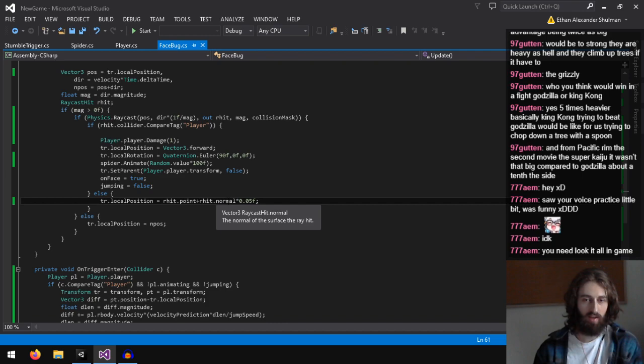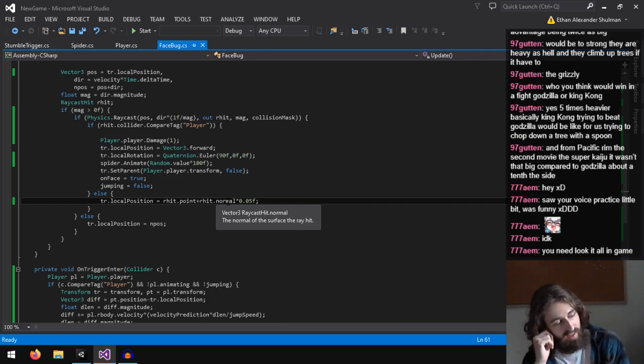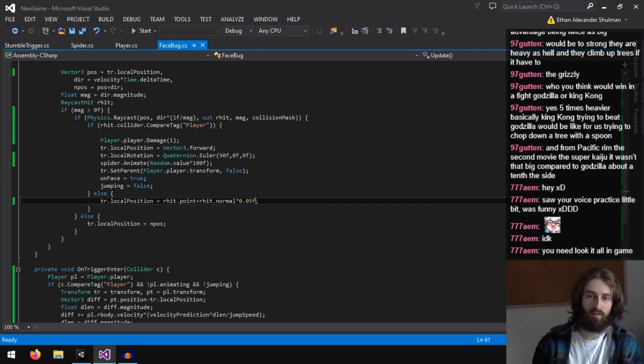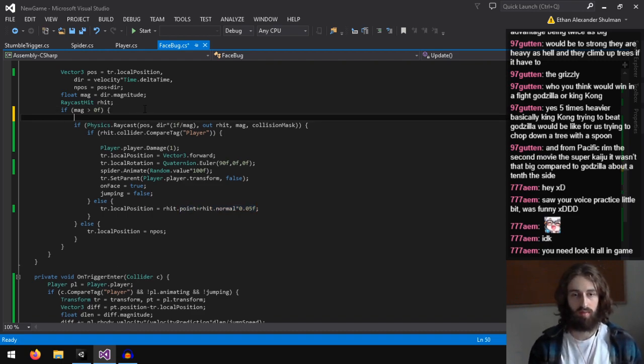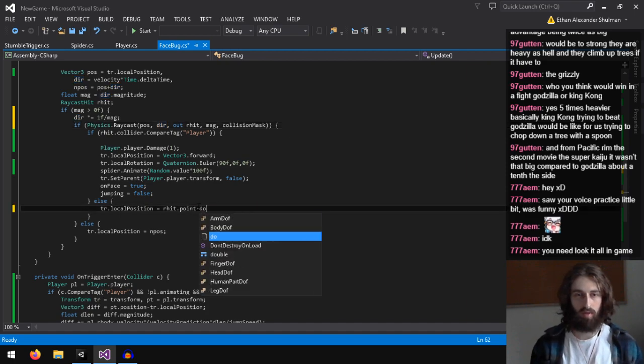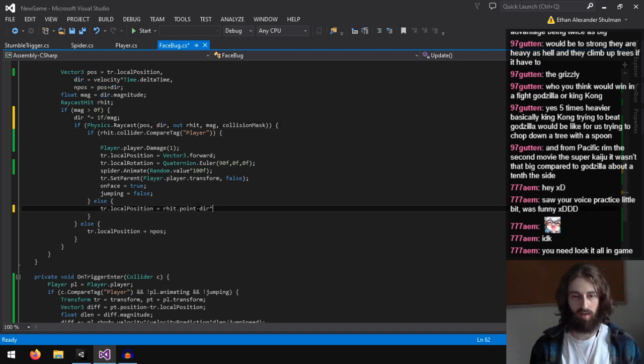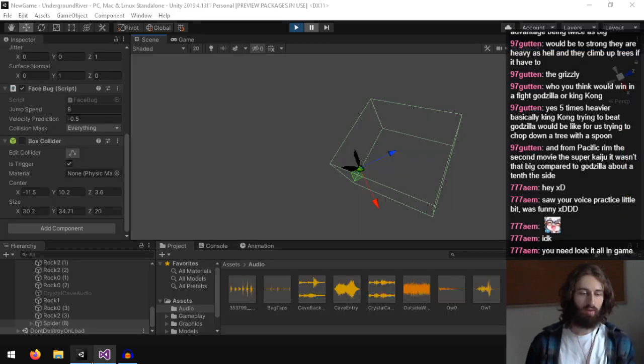I guess if the hit normal is wrong, then it can send it into the surface. So what we should actually do is go back by the direction a little bit. So minus direction times like an epsilon. Hopefully that'll fix it.